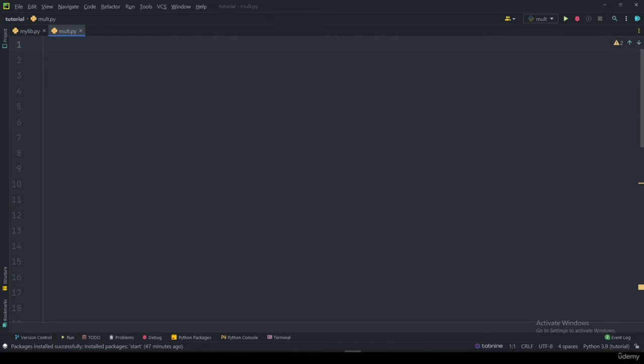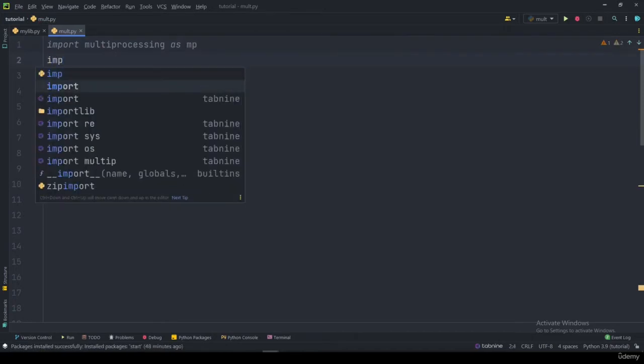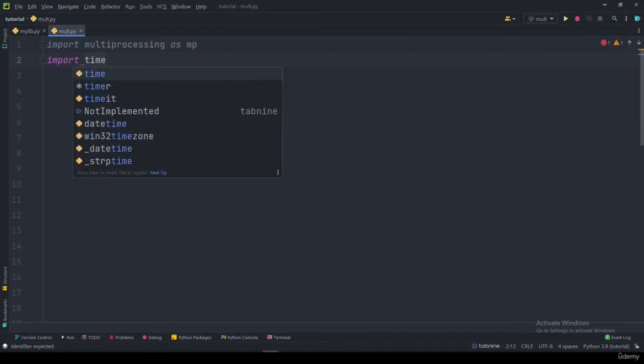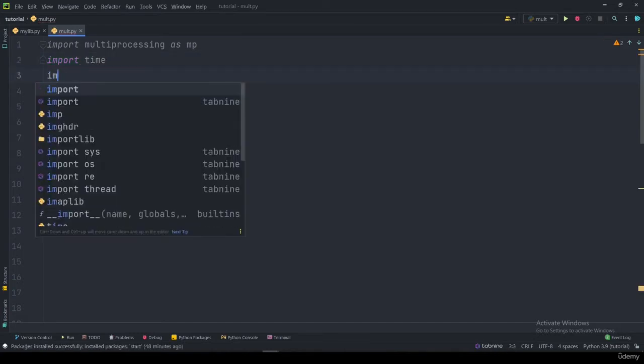So we mainly have two different ways, just like we saw with threads. We have a manual way, and we can also do it in a newer or better way using the concurrent.futures module. But first, let's take a look at the manual way using the multiprocessing module. So I'll simply say import multiprocessing as, let's give it a short name, I'll say MP here, and we are going to import the time module just to calculate the time that it actually takes. We can also import the math module because we are going to do some calculations here